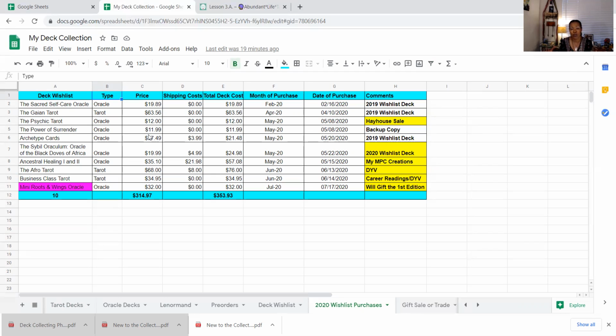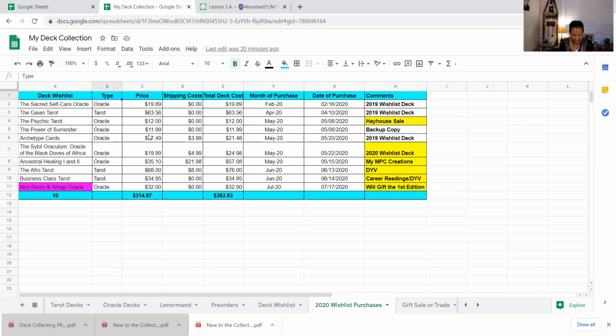Collectively we all collect decks for different reasons, but it's really personal. It can be confusing to a person new to the situation, and then they're like, well, this person said this, this person said that. That's when we come back to self and realize what works best for me, what is going to feel good to me about my collecting habits. So there's that. All right.